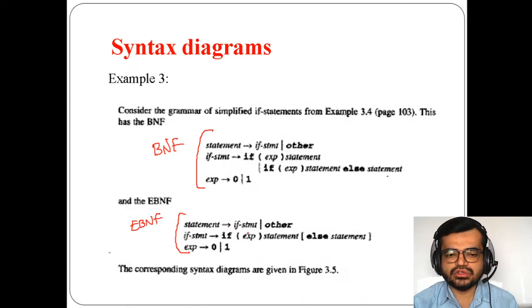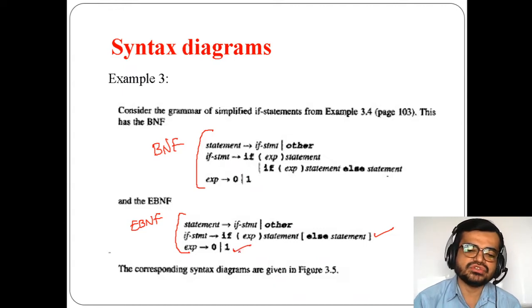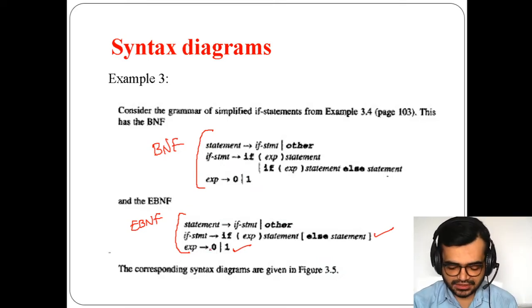Because if you go with the if statement, you have two separate statements: either if expression statement, or if expression statement else statement. You are using this as a single statement, so it becomes part of your EBNF. Now expression again here is zeros or ones, which is your terminal, because zeros and ones are terminals.